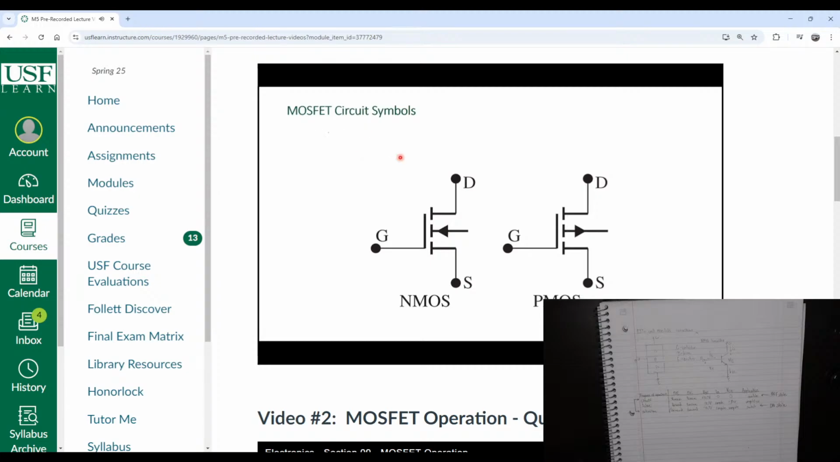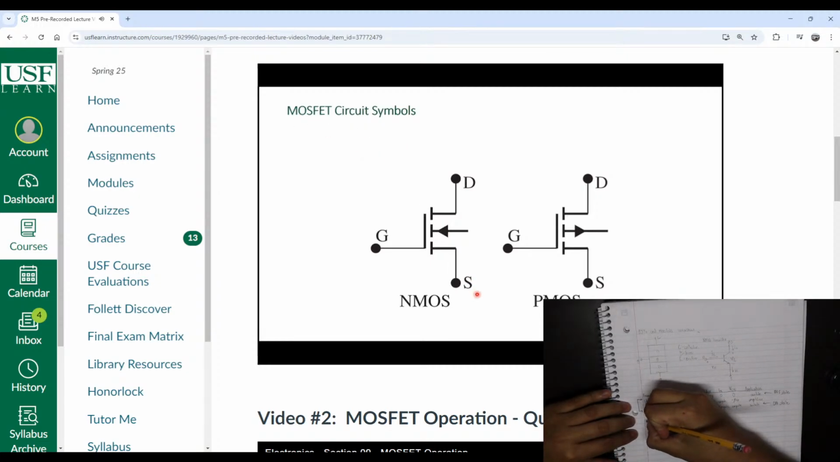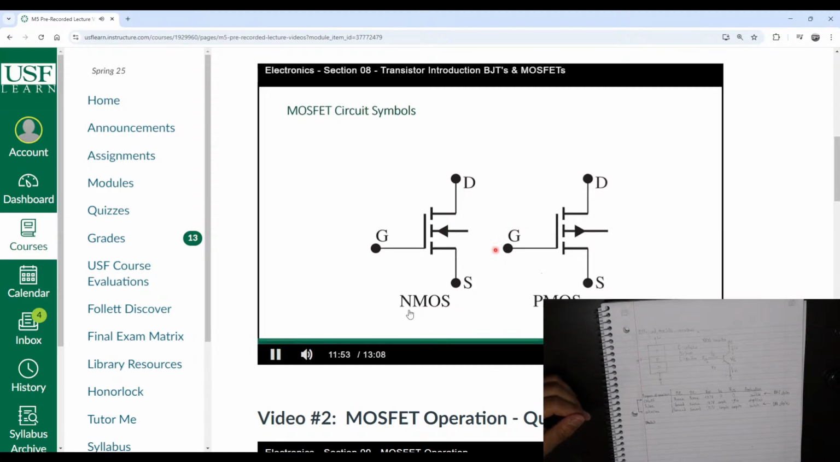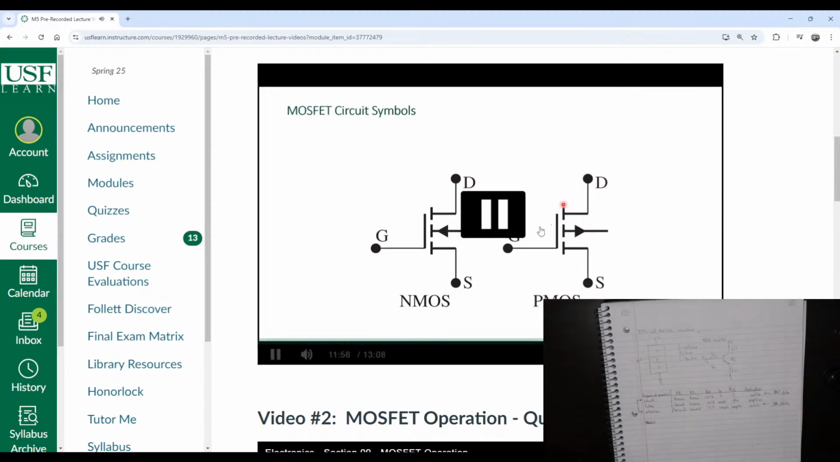The circuit symbols for the MOSFET, we have two types of MOSFET. Just like we had an NPN and a PNP, we have what we call an NMOS, N metal oxide semiconductor, NMOS MOSFET, and we have a PMOS MOSFET, and what the difference is between the NMOS and the